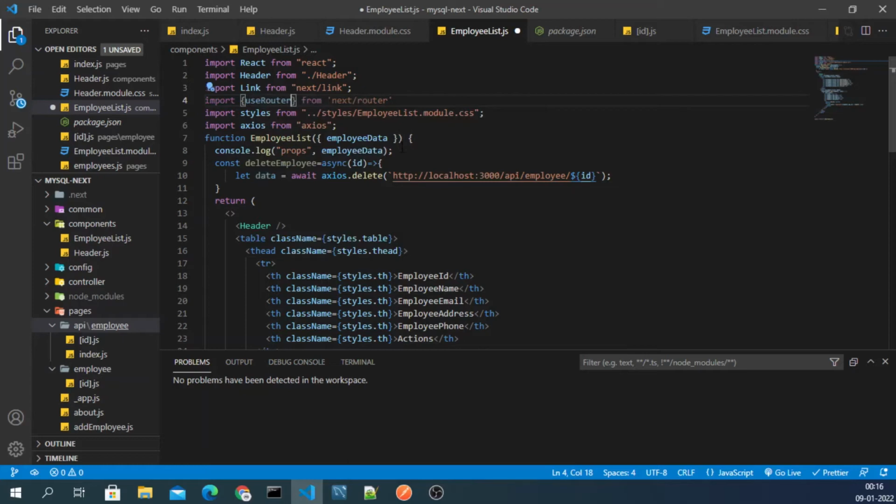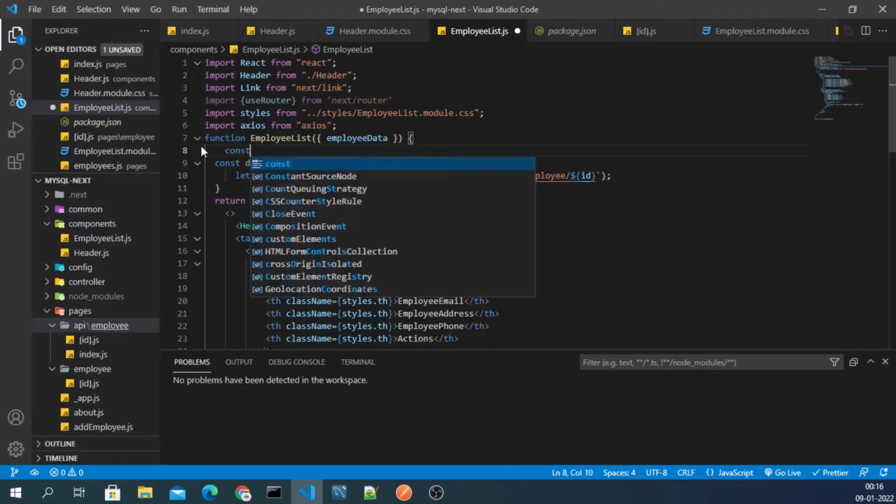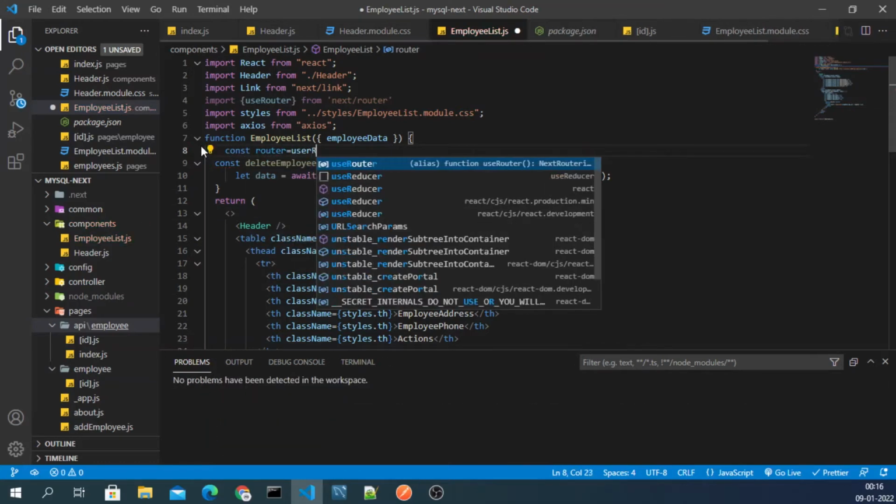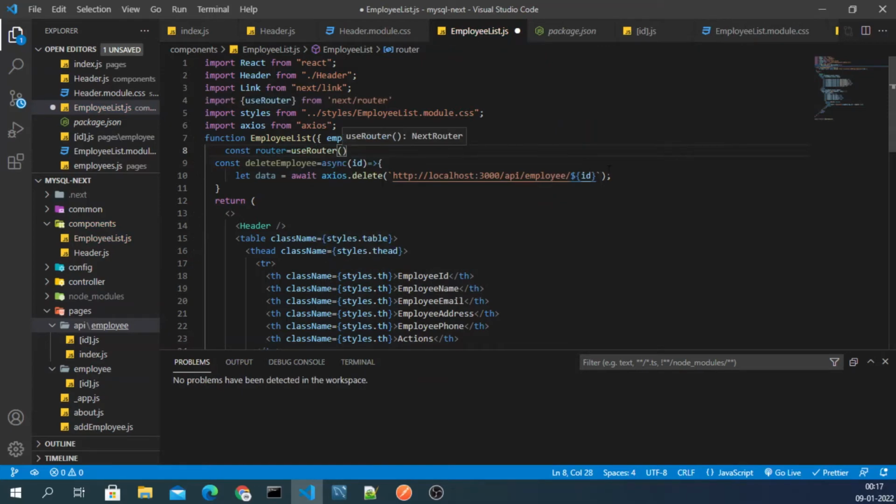So let me write const router equals useRouter, right? When the employee gets deleted, after deleting the employee, you will be taken to the home page.